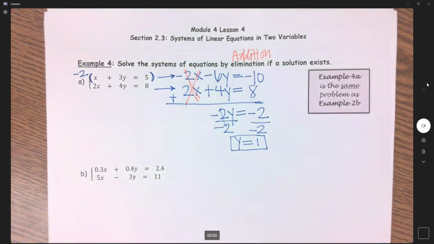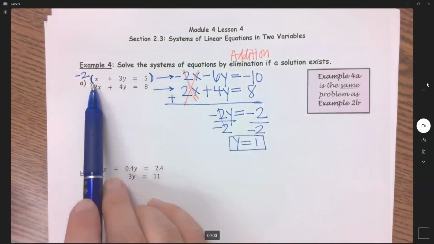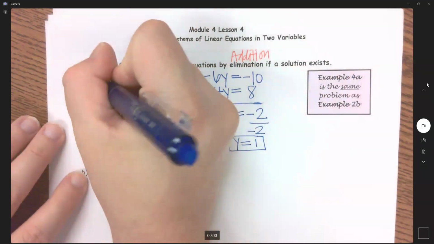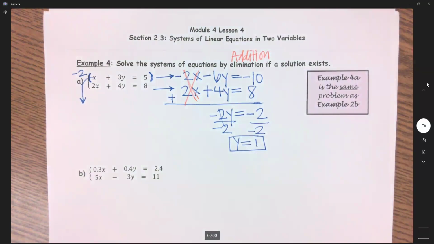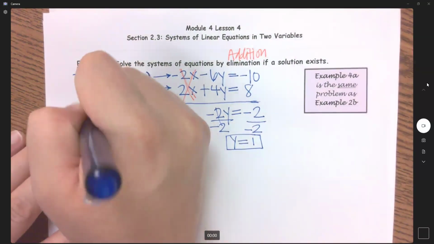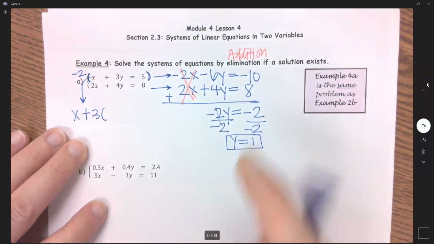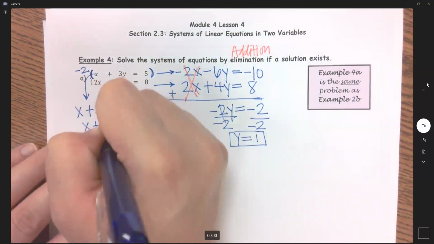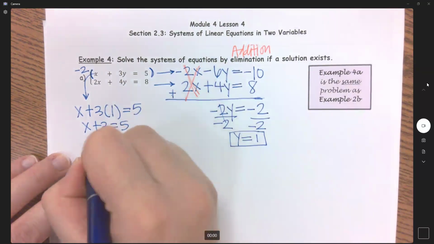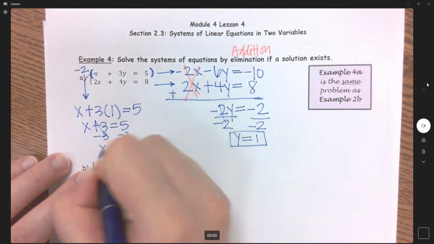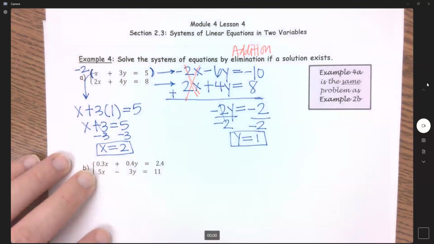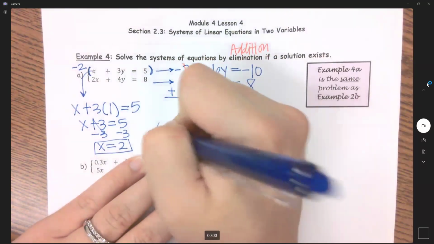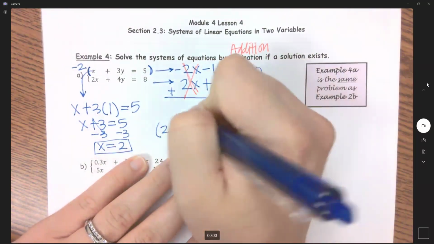Once I get one of my variables, substitute it back in. It does not matter if you want to substitute it in the top equation or the bottom equation. You get the same result no matter what. So I'm going to take the top equation because it just simply looks simpler. And so I have x plus 3 times y, which is 1, equals 5. So we get x plus 3 equals 5. I'm going to squeeze this in here, subtract your 3, and we get x equals 2. Now my math lab just wants x equals, y equals, but I like ordered pairs. So this is the ordered pair 2, 1,